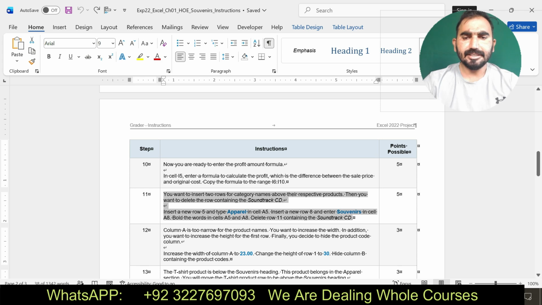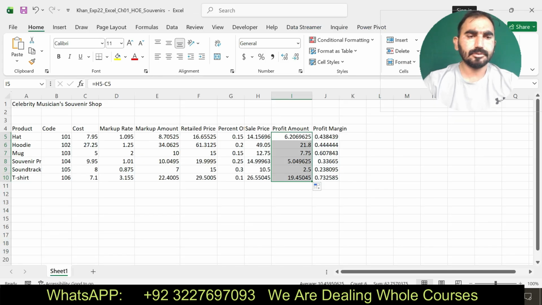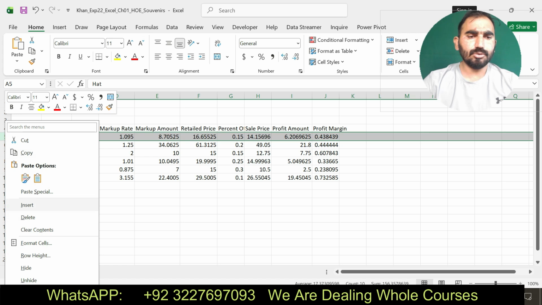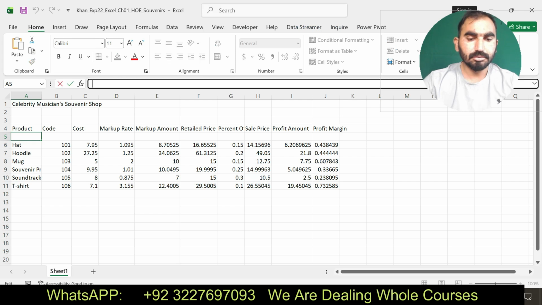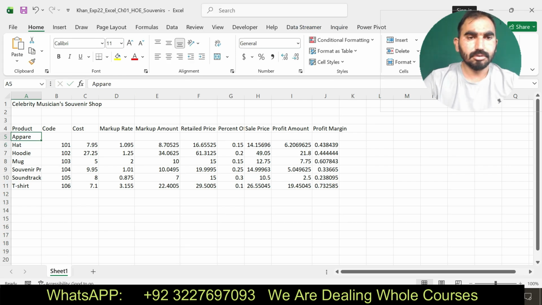Step number 11. It says insert a new row 5 and type apparel in cell A5. Insert a new row 8 and enter solvers in cell A8. According to the instruction of step number 11, I am going to insert a new row 5. Here you can see I have inserted a new row 5, and I have typed apparel.